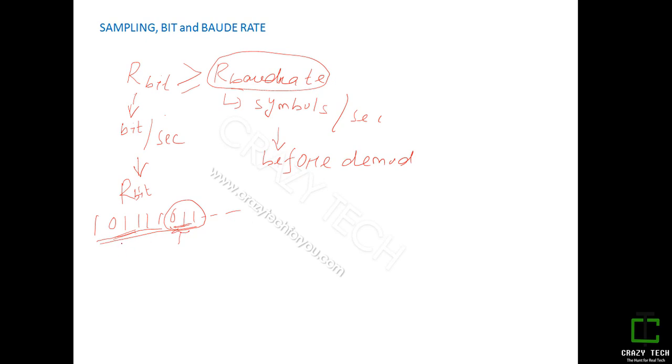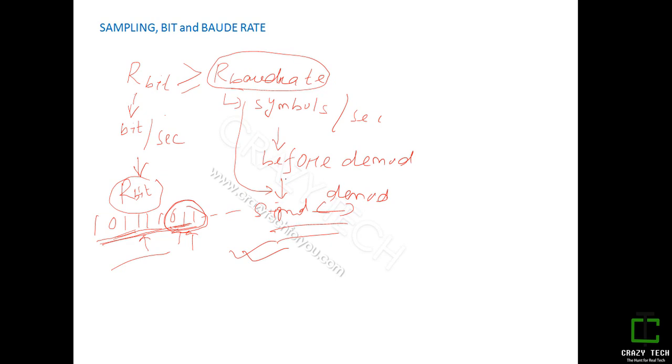So after demodulation I have some strings of bits. Out of these bits I have to fetch only the information. So in that case I need bit rate. But if I have some signal and I want to demodulate it, I need this baud rate. It will be clear after 2-3 videos when I deal with a practical scenario to demodulate a signal, and we'll be discussing the need of baud rate and bit rate there.